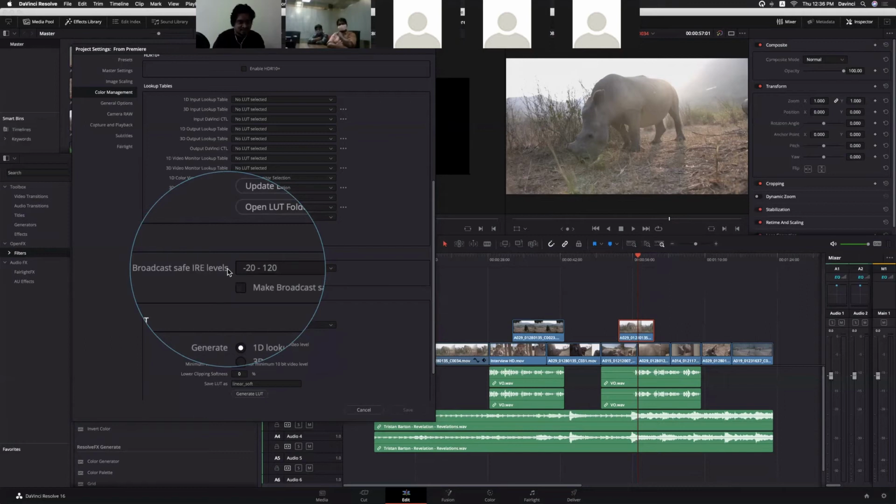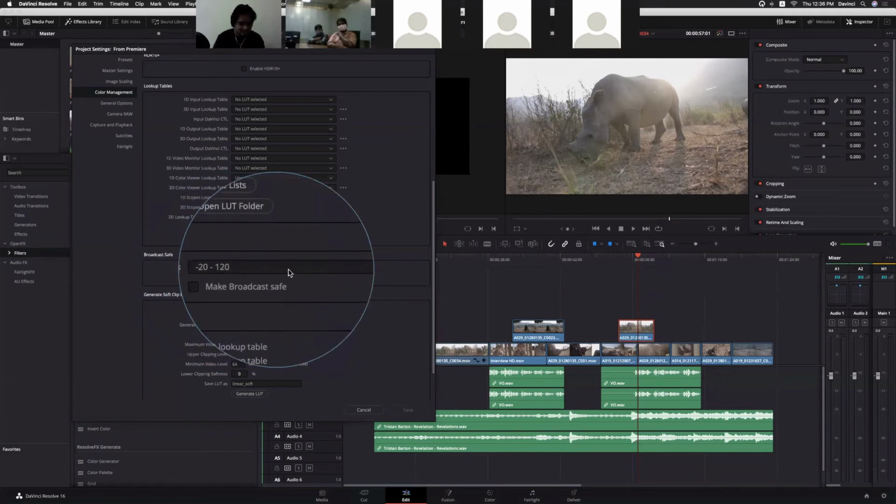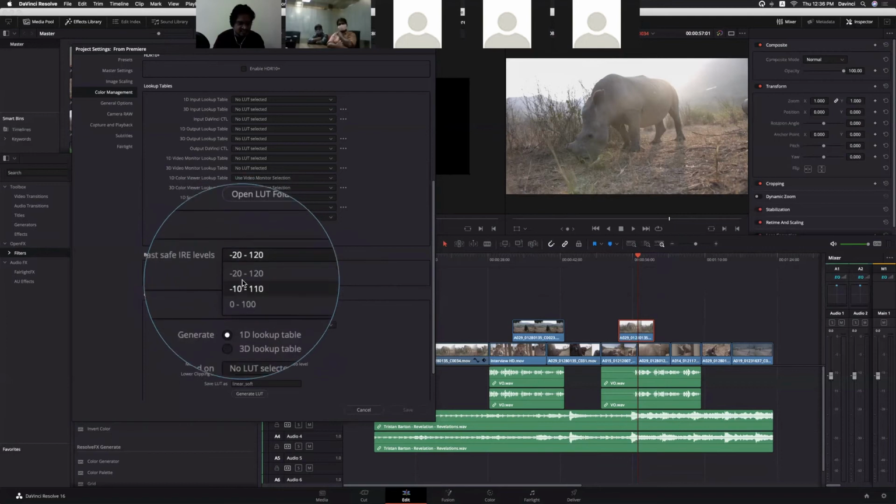Okay. Now, if we click this one, you are able to see the ranges. You people stick with maybe 0 to 100 or minus 10 to 110. 0 to 100 only.